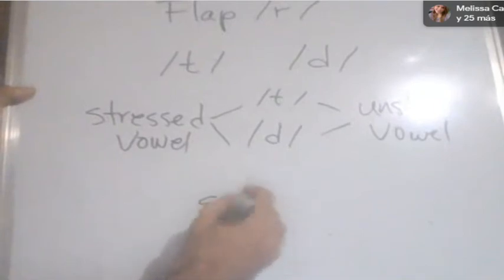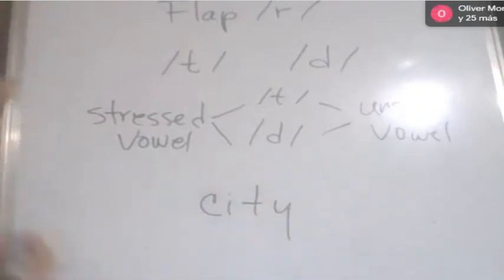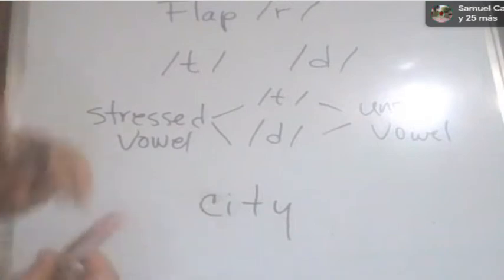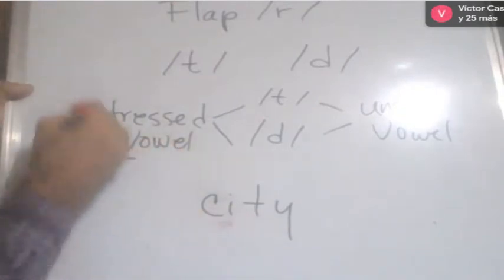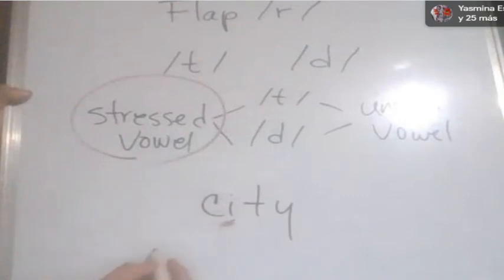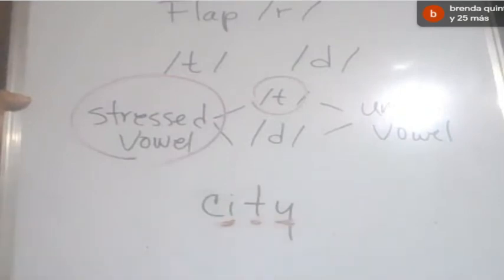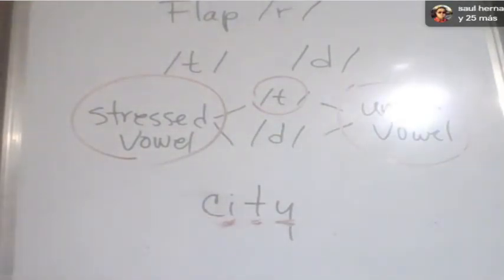So an example of that would be this, right? So we have city, right, or city. The first syllable is stressed, right? So we have this part of the environment covered already. First syllable stressed, followed by t, right here, followed by an unstressed syllable, okay? So in this environment, the t will change the pronunciation into,